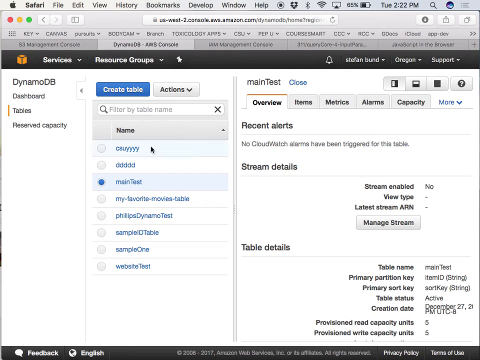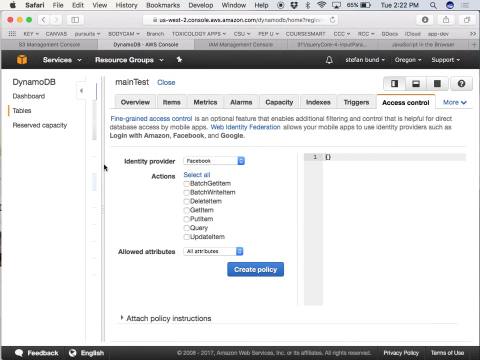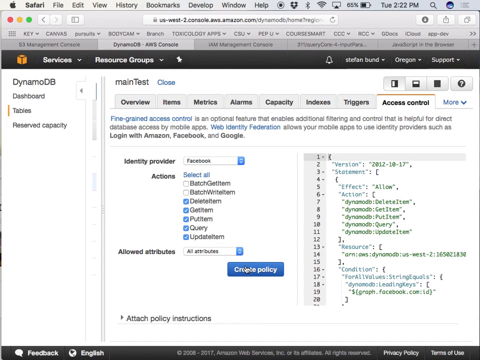When you get into your database, you have what is called access control. Access control is important. And you're going to go over to access control. And I'd love to shrink this page a little bit. Sorry, my Mac is much more, you have much more room on yours probably. And what you're going to do is use Facebook as your authentication tool. We'll learn that in a minute. It's easy. And then you're going to say, well, let's select all the possible privileges I could get. Now, batch get, batch write, you don't need to have that. But update, query, put, get, delete, you want those. And so you go create policy.